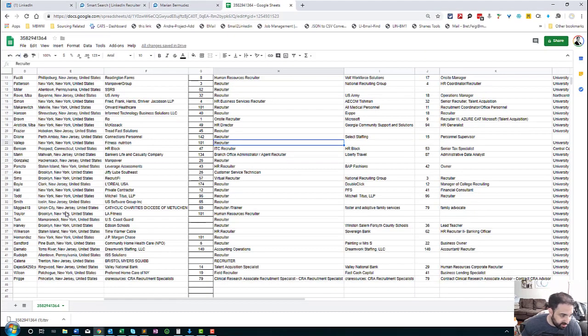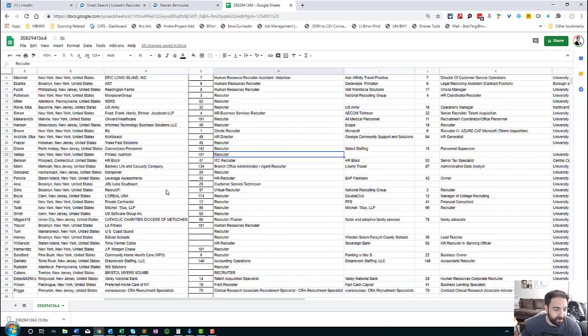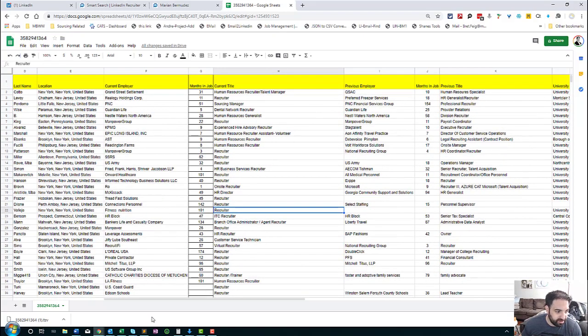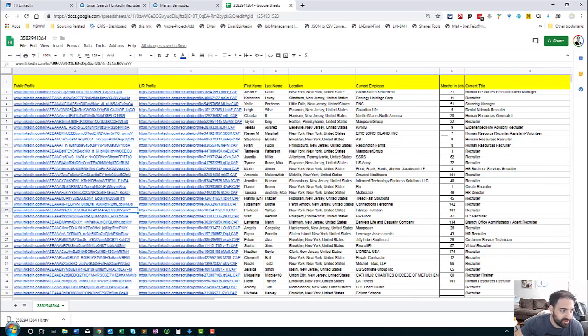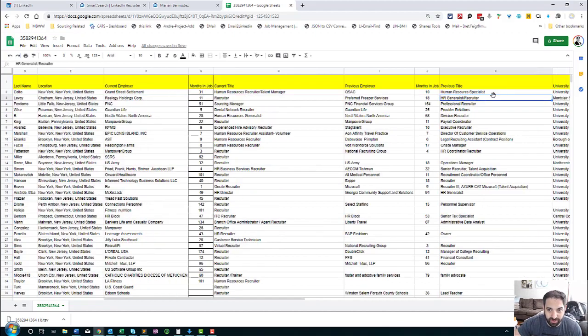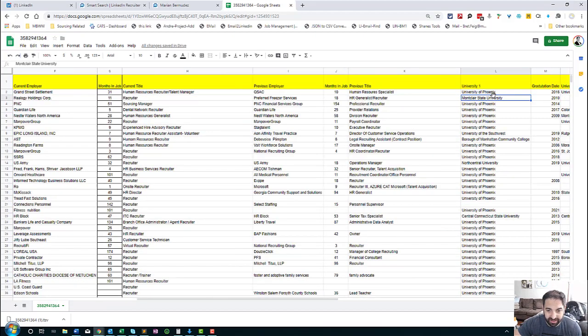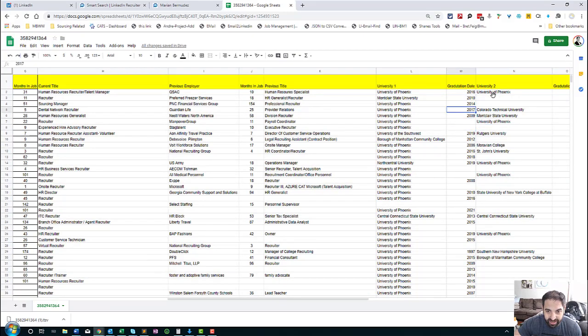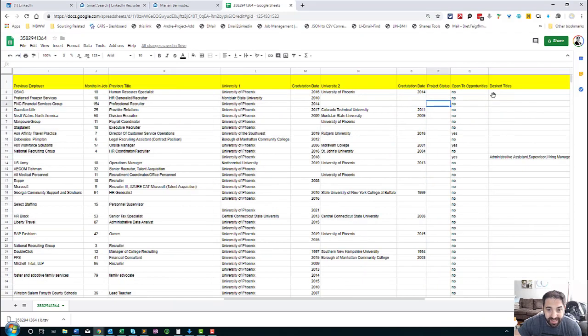So right away you see it got us just about all of them. What does it include? It includes their name, their location, and, hold on, let me just make sure. There you go. It includes their LinkedIn public profile, their LinkedIn recruiter profile, their first and last names, locations, their current employer, their current title, their months in current jobs, right? Their previous employer, the months in that job, their previous title, the university they went to, which is all University of Phoenix, their graduation date, if they went to a second university, that graduation date,